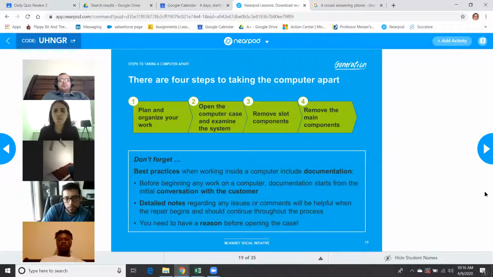Anybody want to take a guess? Well, I guess I would take precautions, like opening it. Yeah, but that would be during the actual step 2, right? That's where I'm going to power it down and all that stuff. The computer's still on. I'm still documenting to the user. Before I turn it off, there's one more step I should do. Anybody want to take a wild guess? Make sure it's discharged and you have protective. Well, I'm still plugged in. Let's not go into step 2. Before I do that,